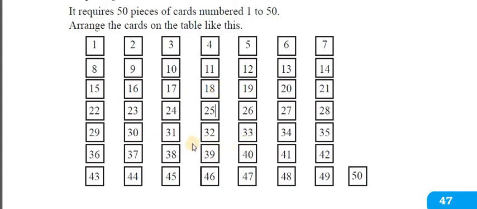After completion of that, A has some cards and B has some set of cards. Now A and B have to add up all the numbers they have. For example, 28 he selected, and then 34, and then 42. So he has to add 28 plus 34 plus 42 plus 6 plus 5. Like that he has to add up all the cards. And whoever has the biggest number is going to be the winner.